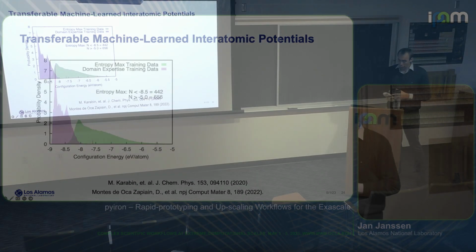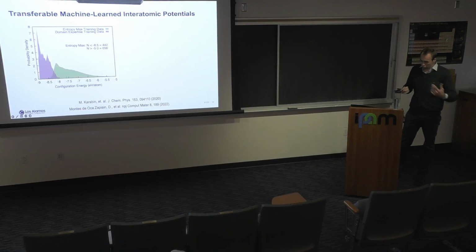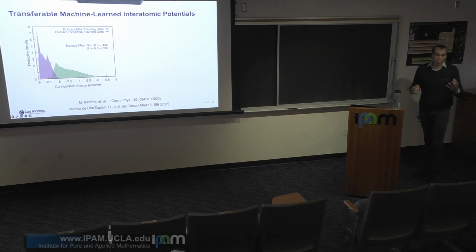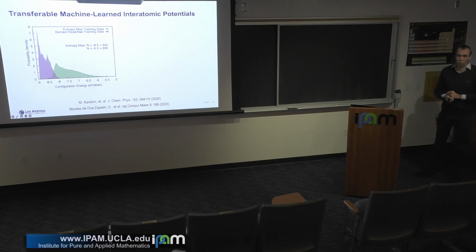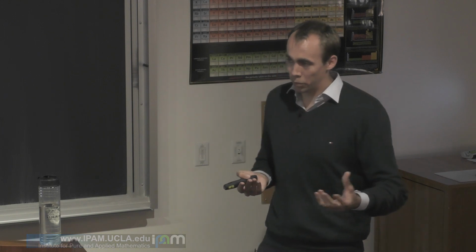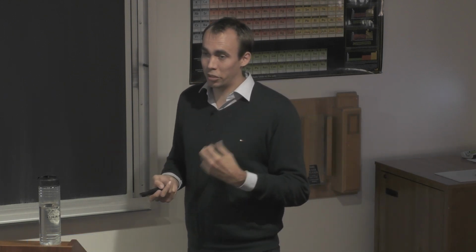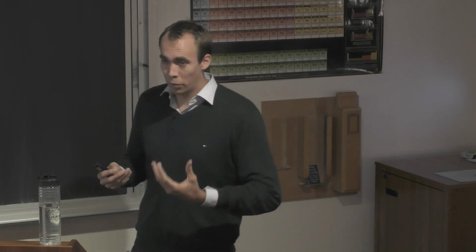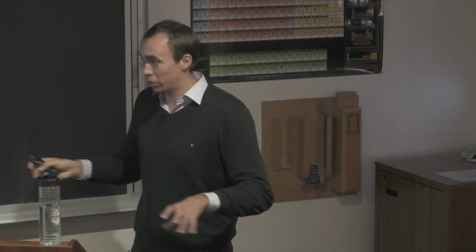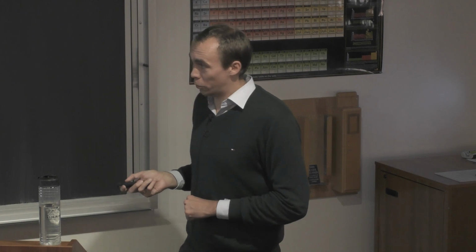Yes. And now coming back to the third part, right? Basically, how can we build transferable potentials, right? So how can we make sure that we really cover the whole space of our configurations or the phase space, basically. And there we basically inverted the process. So to generate very diverse configurations, we increased the informational entropy of our descriptor and used this to maximize the diversity of our configurations. So that's what you see here.